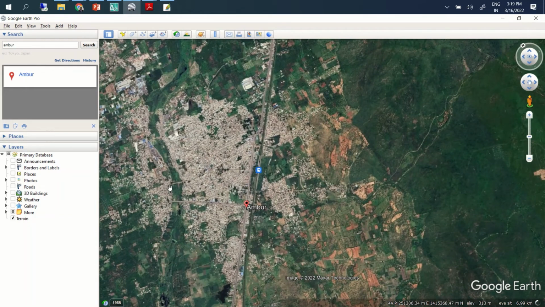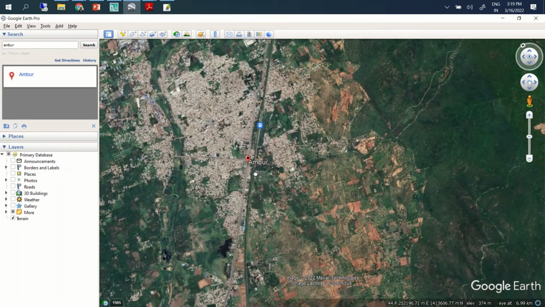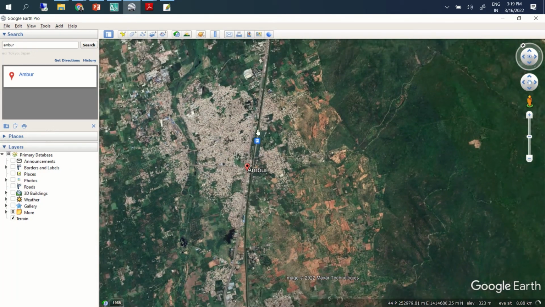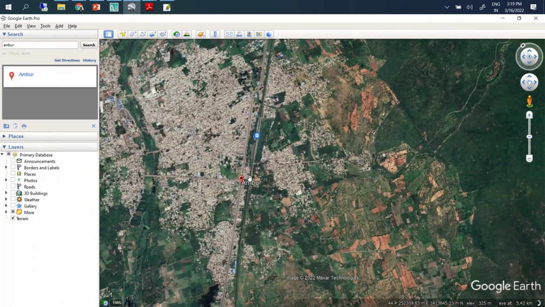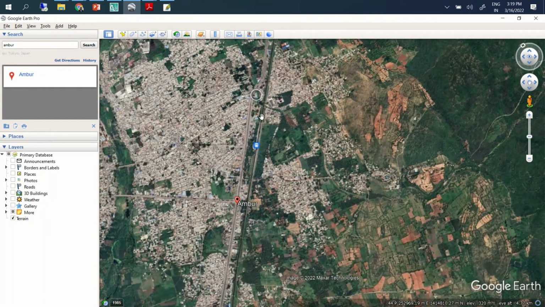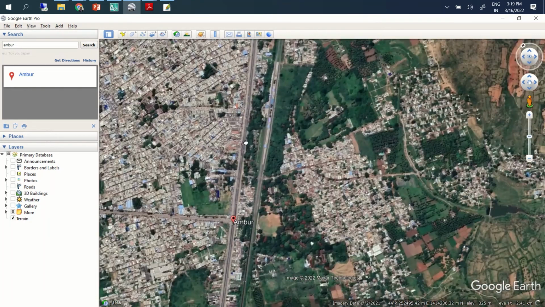This is the river, and this is the railway line, and I'm seeing this as a natural boundary for the study itself. Not only the road network that you see here, we also have the NH, so there are two boundaries actually.